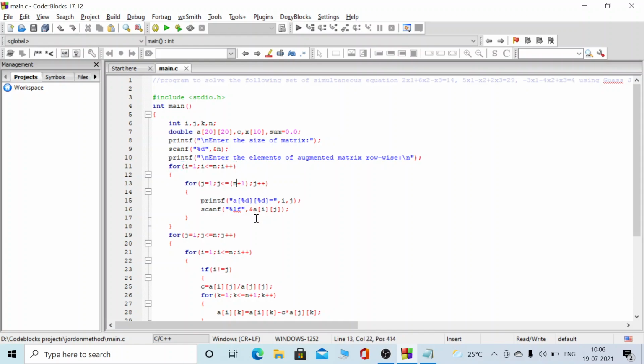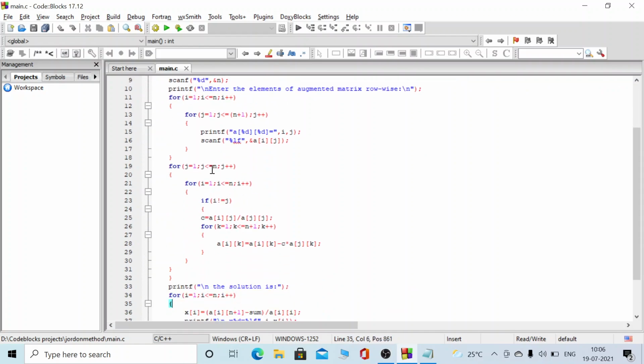And then next, here we can see another set of statements, which is the actual calculation we will be doing. In the Gauss elimination method, we make either the lower triangle elements or the upper triangle elements 0, but here we will be making both the lower triangle and upper triangle elements 0. So the only elements remaining are the diagonal elements. Let me teach you by taking the matrix.